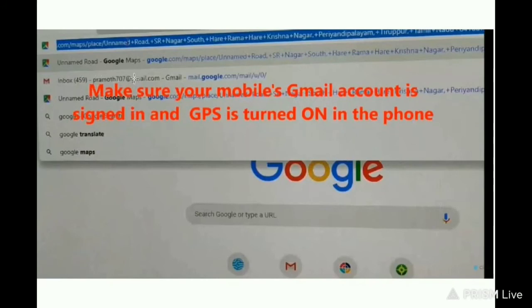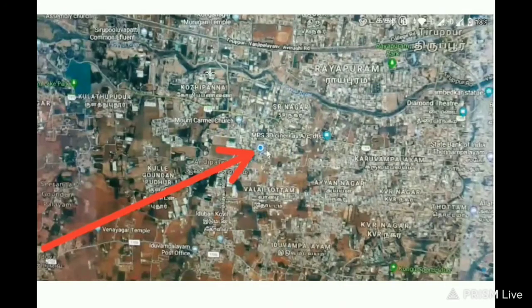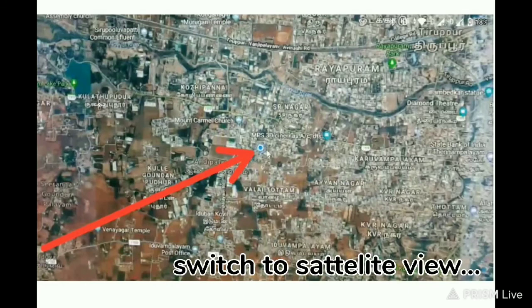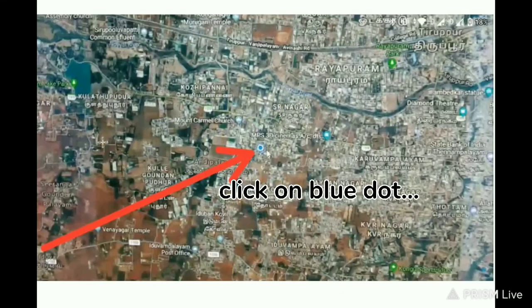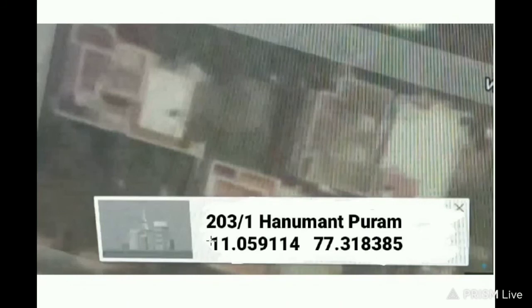Here you have to make sure that your mobile Gmail account is signed in and GPS is turned on in the phone. So when you go on this site, you will see this type of interface. This blue dot is showing your current live location. You have to switch to the satellite view, and when you click on this blue dot, you will see the required latitude and longitude. From the screen I have recorded 11.059 something and 77.318, and